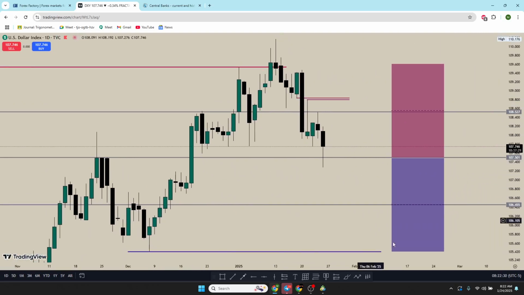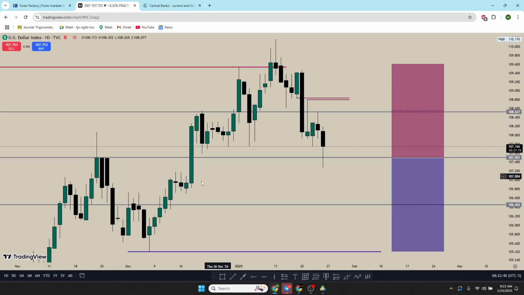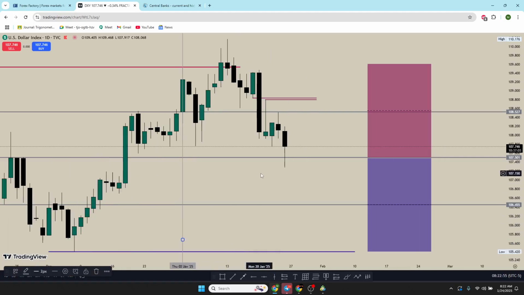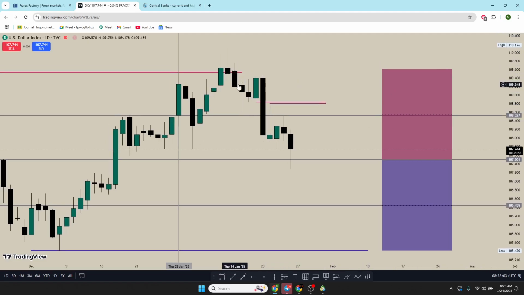So now it's the 24th of January, meaning that we have 1, 2, 3, 4, 5, 6, 7 days left of the month, basically 1 week. It seems to me that January has already put in the high around 13th, especially with us trading up into that fair value gap. So let me just map out the beginning of the month, right? So we open, we trade higher, we create a high of the month, and now we're trading bearishly,